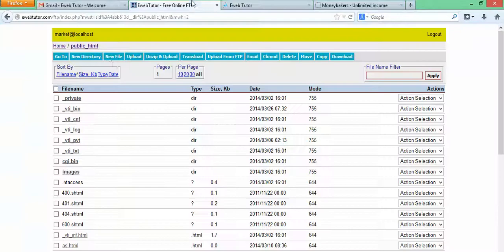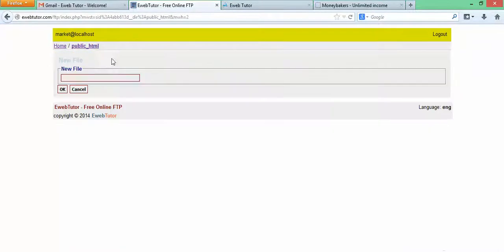This is just a simple form. Let's create a new file and name it form.html. This is just a single form that contains